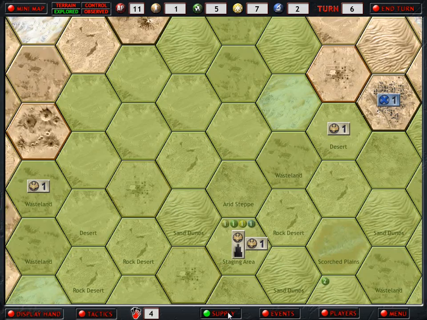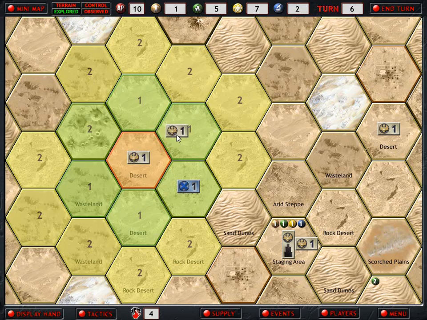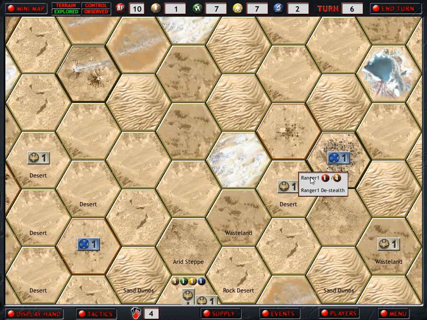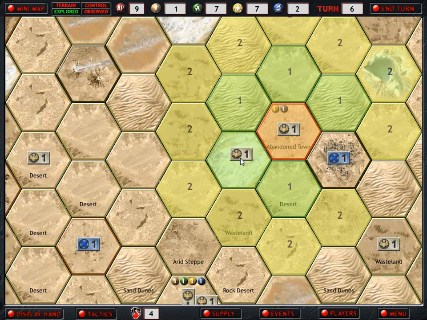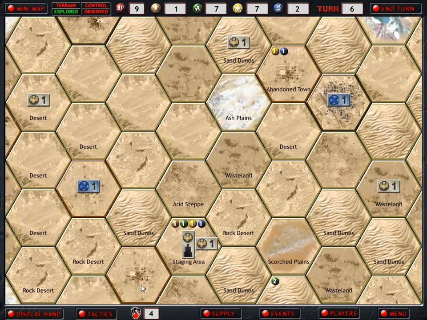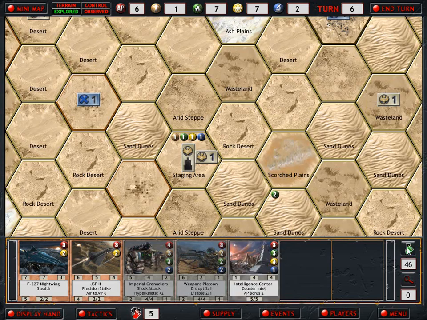Okay. Let's get an idea of where I can go here. Claim the junkyard. Ooh, an abandoned town. Okay. Now that's going to give us an energy and a technology bonus. So I might want to get him up there. I do have some action points now, though, so let's hope we can...